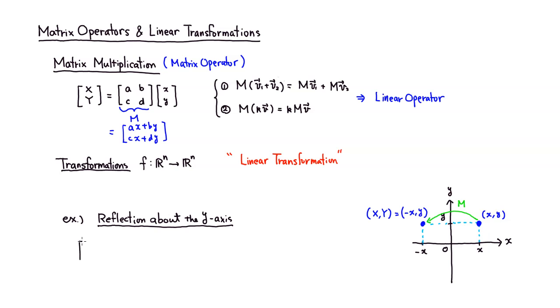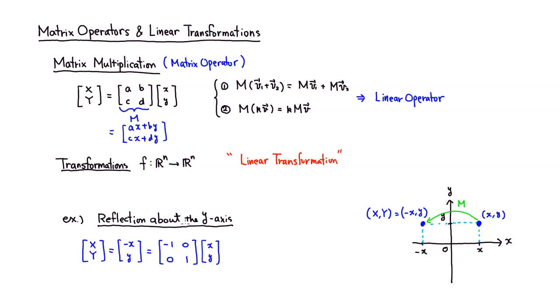So we want to come up with a matrix. Let's say I'm going to have capital X comma Y, so that's the resulting point. Here we just have to negate the x component and keep the y component as it was. So this is the same thing as this matrix multiplication. You have to negate x, so there's a -1 there, and there's no y involved there, so it's going to be 0. In the second row, for y, there's no x involved, so it's going to be 0 there,